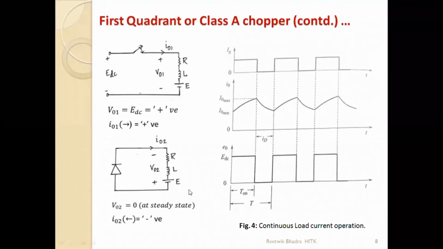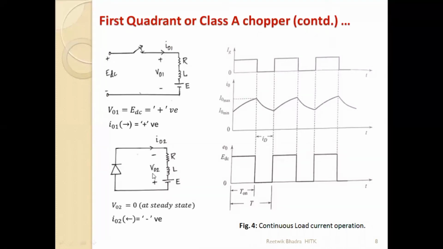The inductor is discharging at that time. Yes, the inductor total is the load. This total is load, V02 is the total voltage, and V02 is the total load voltage. This is the total motor, RLE is the total motor, so this is totally a load. So when I calculate V02, it is equal directly to VD.